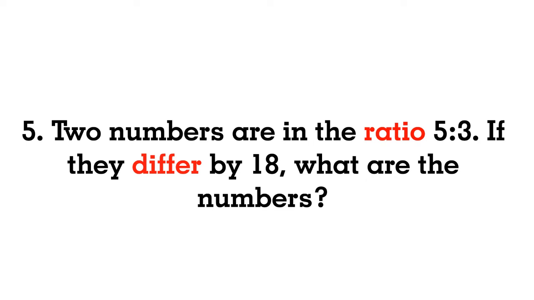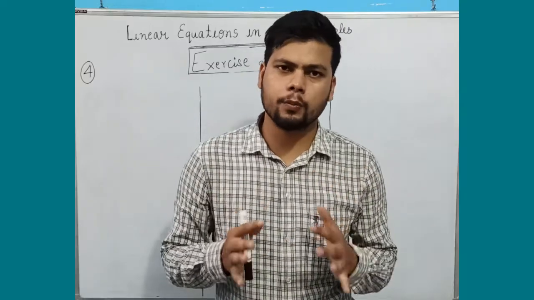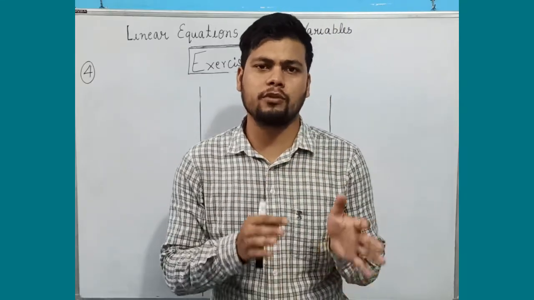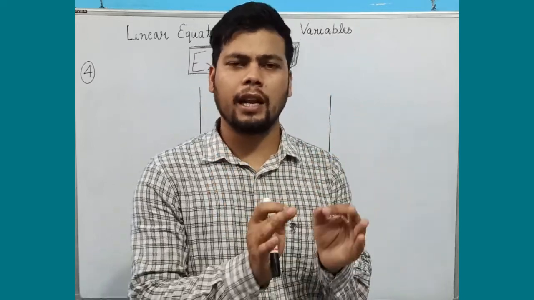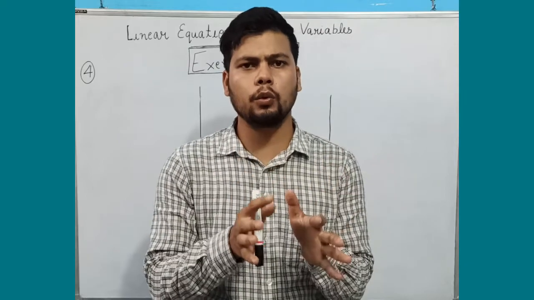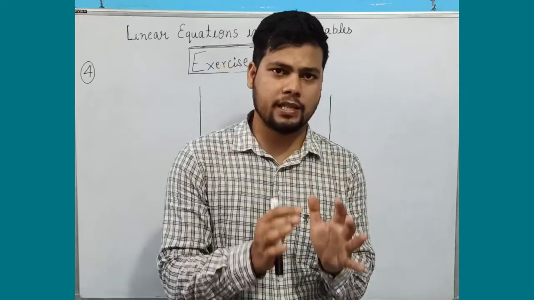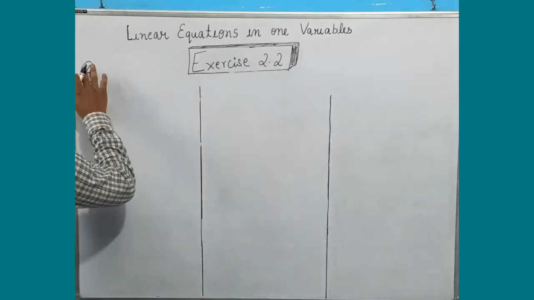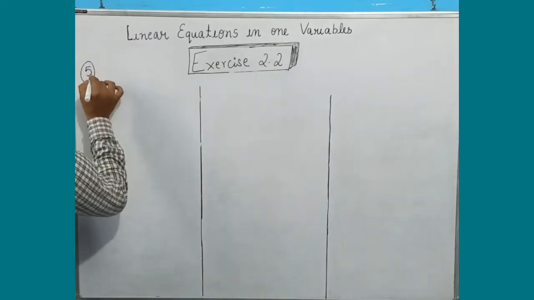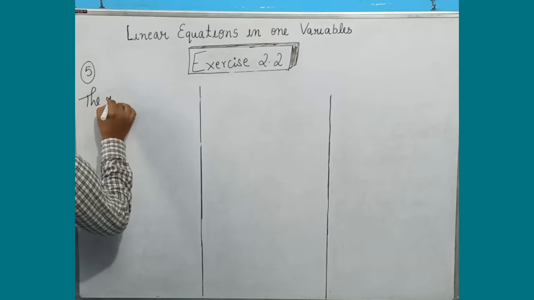Question number 5 is there on your screen. It says that two numbers are in the ratio 5:3. If they differ by 18, what are the numbers? See, before we solve this problem, for any question which has a ratio, remember the first assumption will be: let the common multiple between the two numbers in the ratio be x, and then we will get the numbers separately. So in question number 5, they have given us the ratio